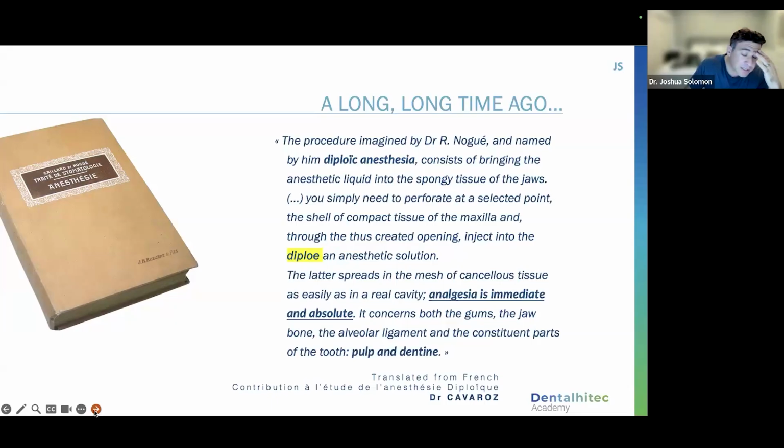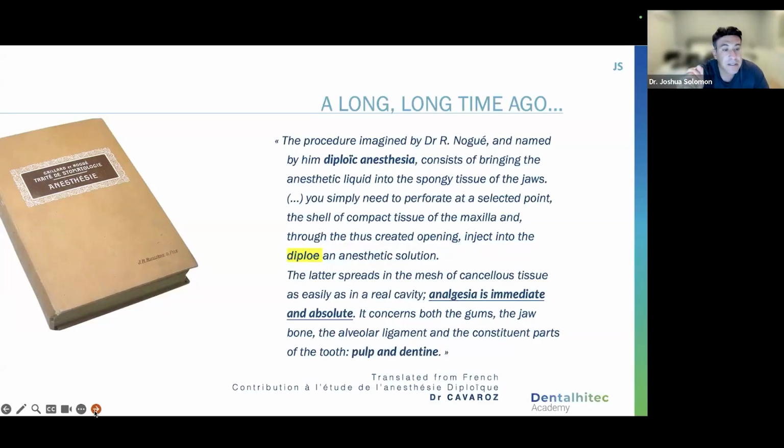In the course this weekend, we talked about integrating these devices in your office, and so many of us get new stuff and we're super excited and we tell parents, hey, I've got this new thing. I actually don't recommend describing that to your parents in your office, that there's this new device to give local anesthesia. It may be new to you, but you need to realize that this concept of intraosseous delivery of local